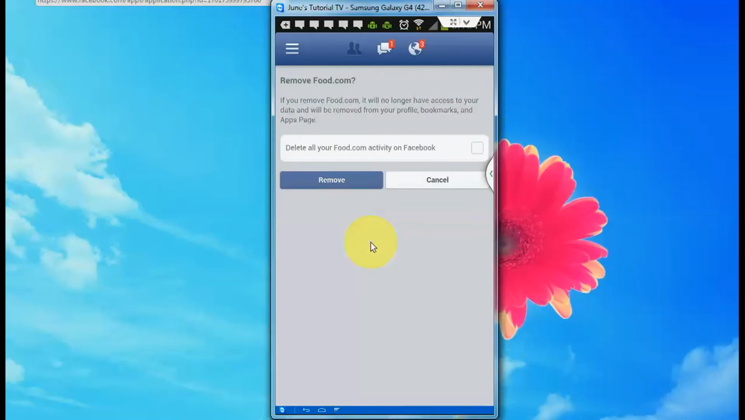And then it actually gives us an option. It's asking to confirm. It asks remove food.com. If you remove food.com, it will no longer have access to your data and will be removed from your profile, bookmarks, and apps page. And then it even asks you delete all your food.com activity on Facebook. Now, my one particular friend who requested this video, I'm going to suggest that she checks this box,